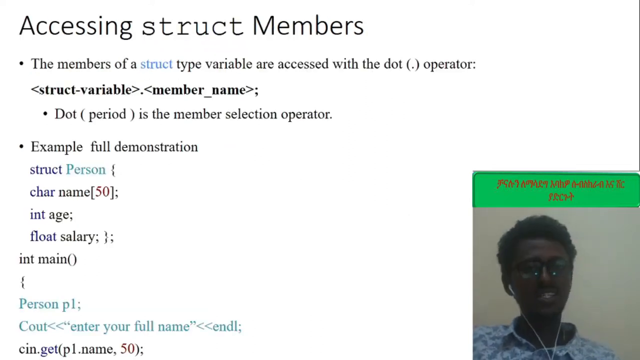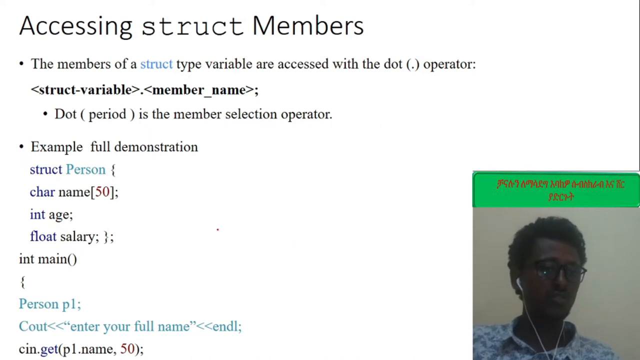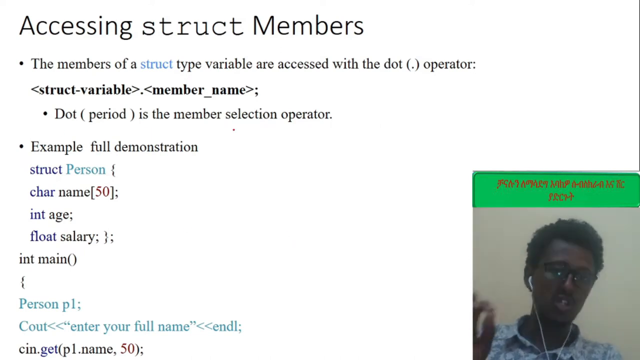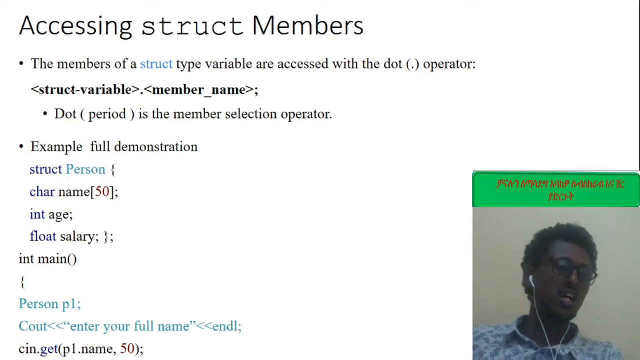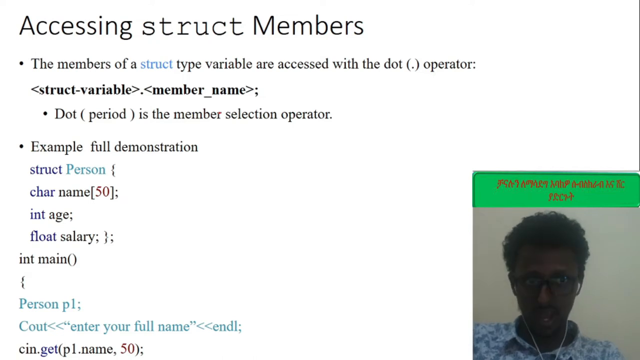Good. Accessing structure members: how do we access the members of the structure? The dot operator is a selection operator, as you see here: struct variable, dot, member of that struct variable name. Look here, struct person. Person is the struct name, and p1 is the struct variable. So in order to access the name variable under the structure of person struct,